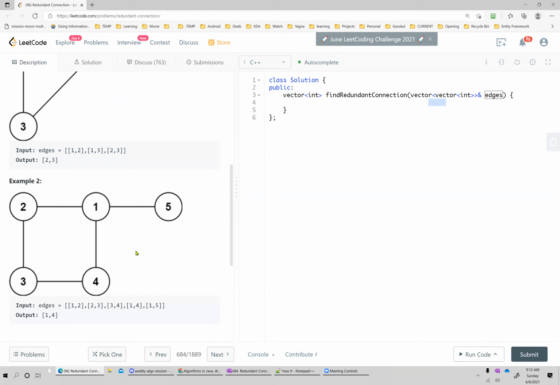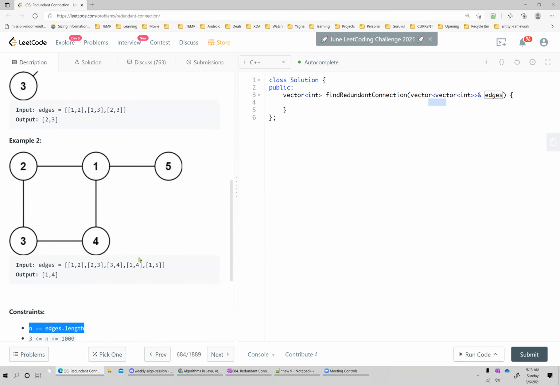So if we implement this using a graph, you can solve it, but I believe it will be really difficult. It is doable. Let's discuss how we can do it using graph algorithms.